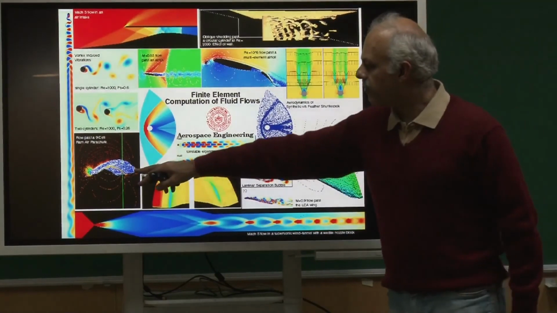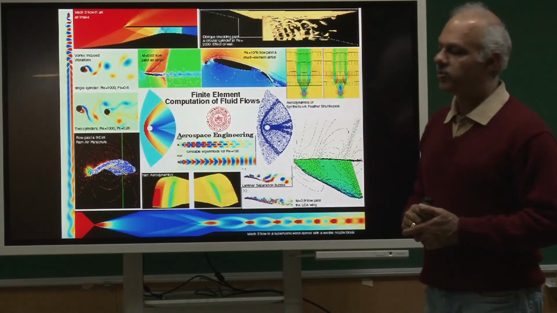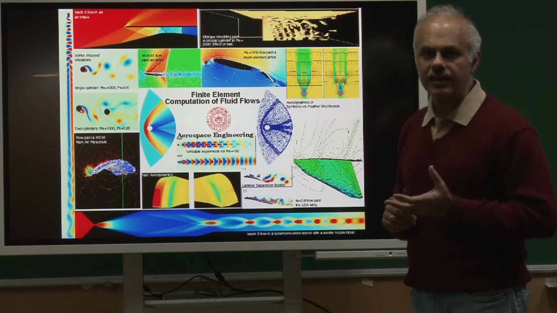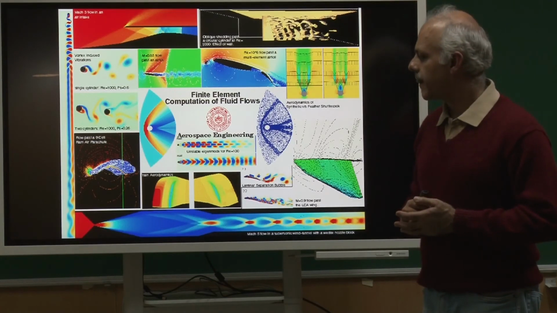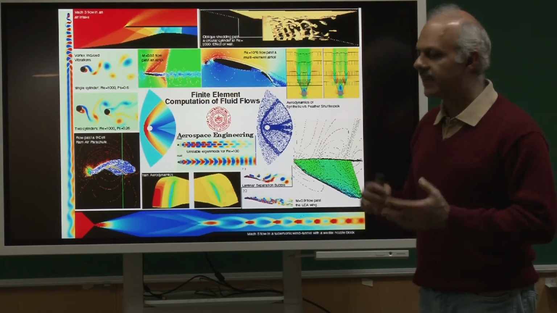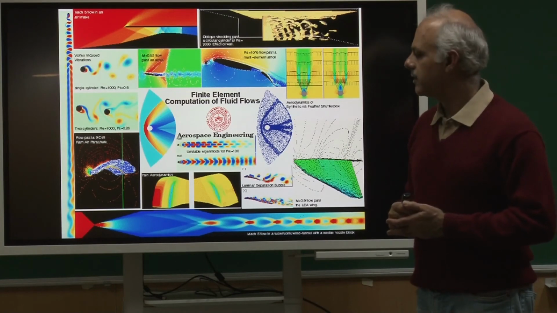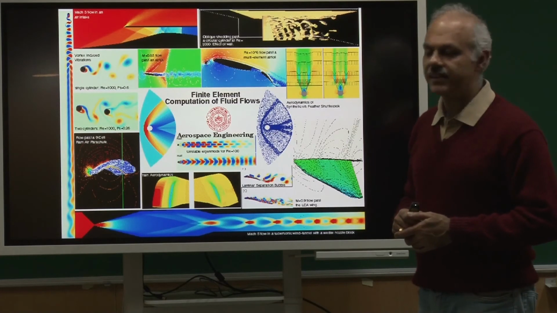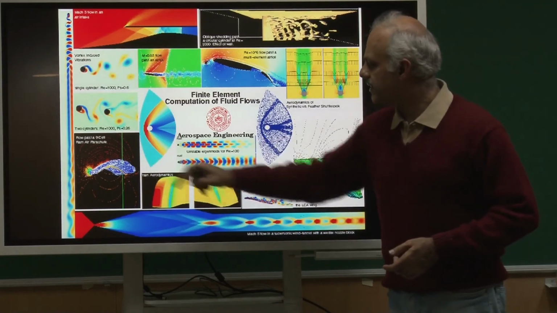Here is an example of a ram air parachute. So, as you are aware, parachutes are roughly of two kinds, the round canopy one which generate drag, but then there is also something like a wing, a ram air parachute, which can actually glide and do a targeted delivery. So, we have done some analysis for those parachutes.